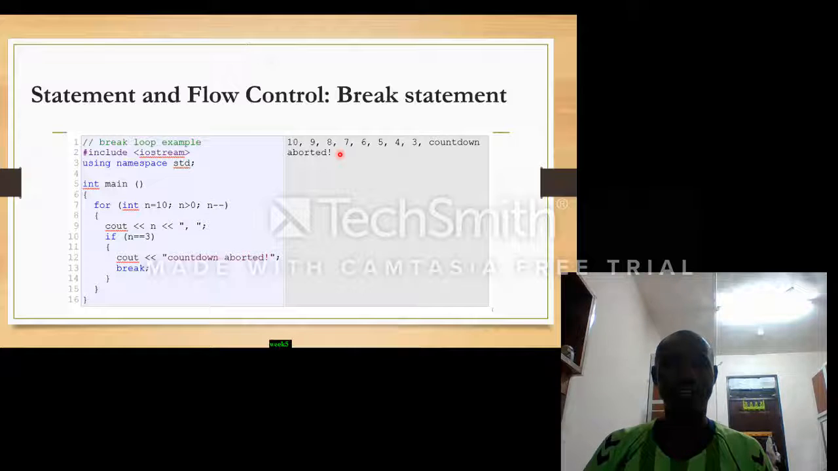Okay, why? It is because after 3 is break. Based on after the condition is break. Okay, if eventually the condition is if n is equal to 7, so immediately after 7 you'll be having countdown aborted, then 6, 5, 4, 3 will no longer be there. How you get the concept? Okay,